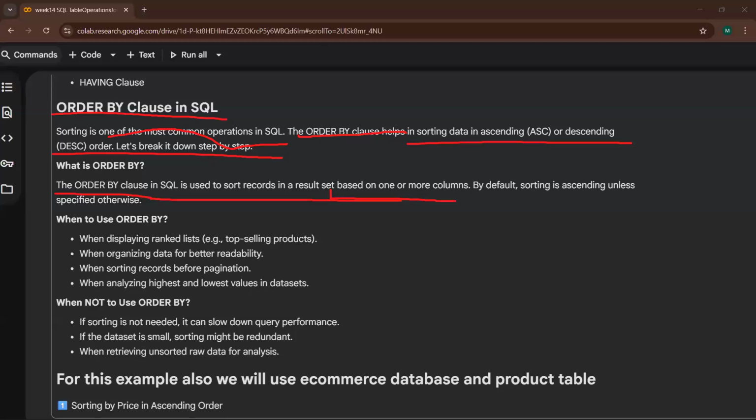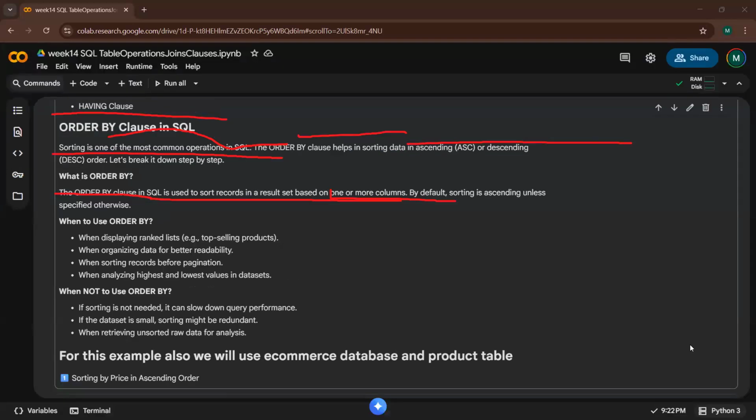I'm having internet connection issues. Guys, I have checked my internet connection as well.